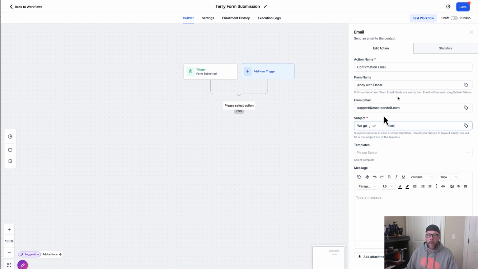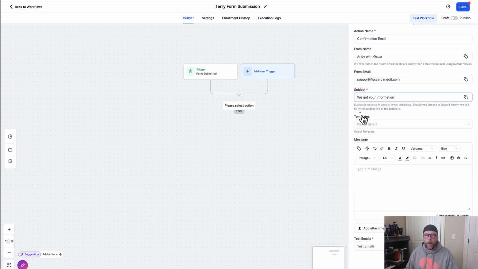You can actually input a template in here to make it look nice in HTML and stuff like that. But for these first emails, I would recommend just putting in plain text. But if you want to get fancy, it is what it is. So now here's where all those fields come in handy. So if we go into here, we can say, hey,